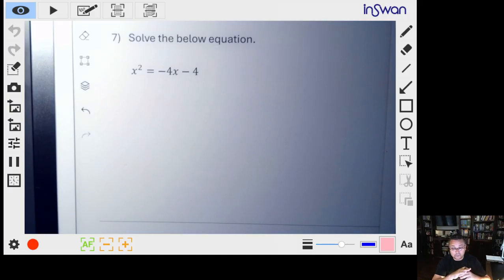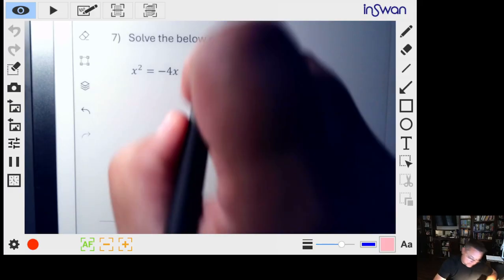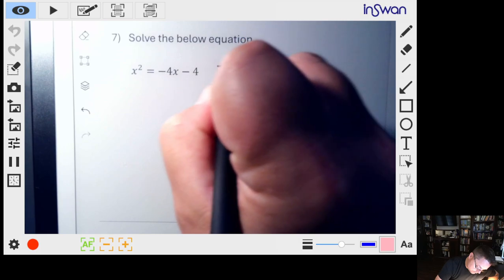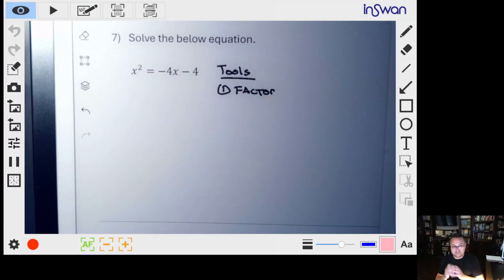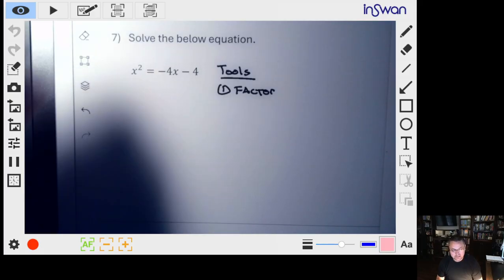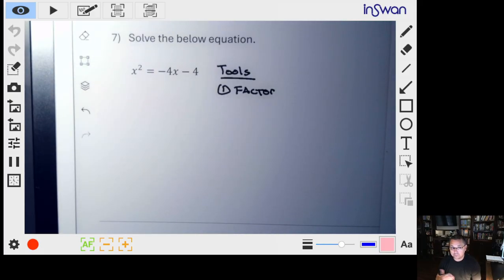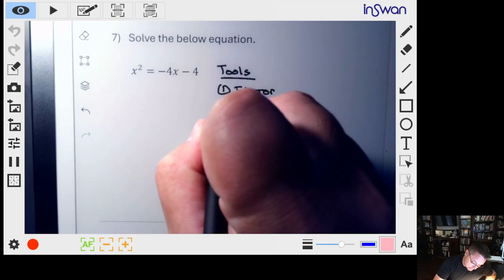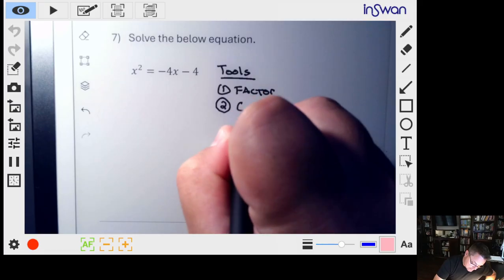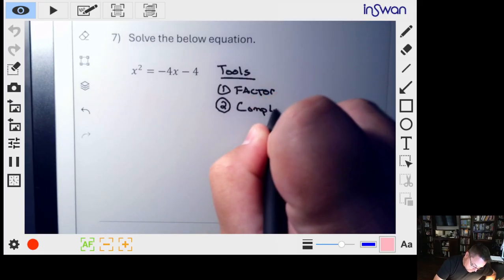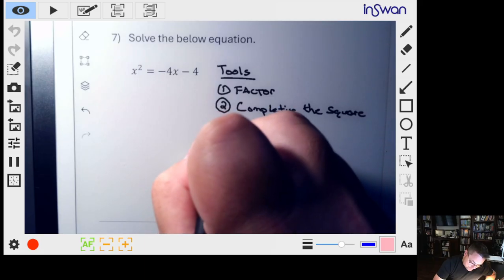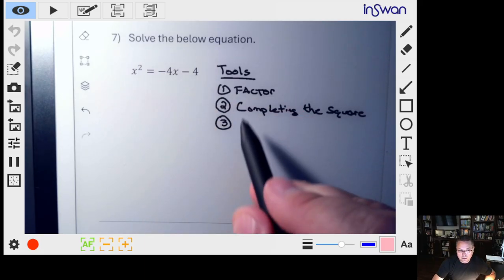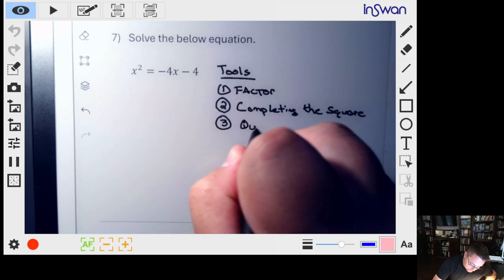We know that if we're going to use any of those tools, so again, the tools that we have, one tool is we could factor. We talked about factoring is the fastest way, usually, to go ahead and solve a quadratic, but sometimes it doesn't always work because the numbers aren't nice to allow us to factor easily. So then we've got completing the square. Or, and you can go in either of these, it doesn't really matter, or the quadratic formula,